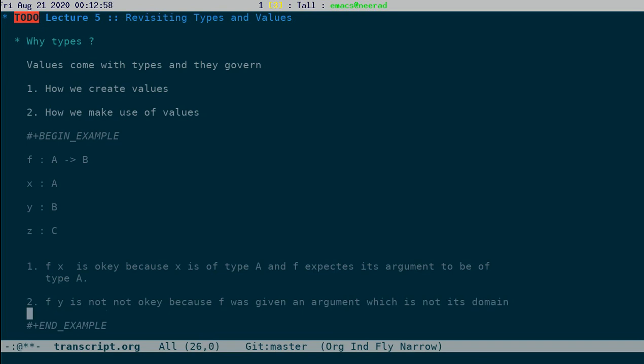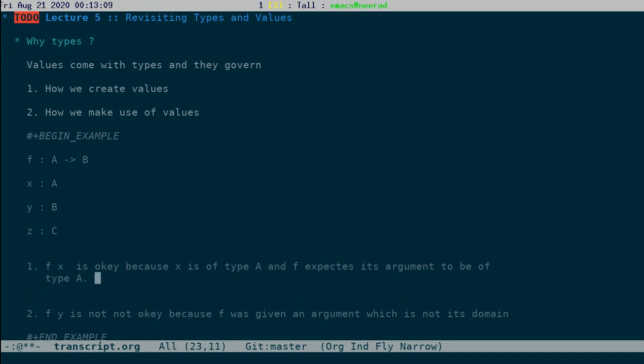And what can we say about f of x? This is okay, and the expression f of x itself is of type B, and can be used wherever you can use y. So in other words, types govern how we can create values.